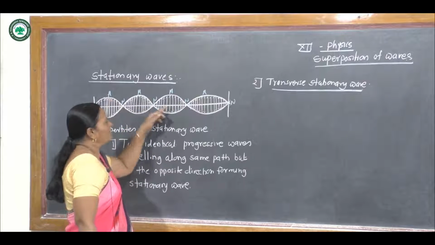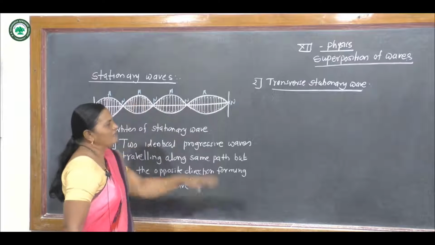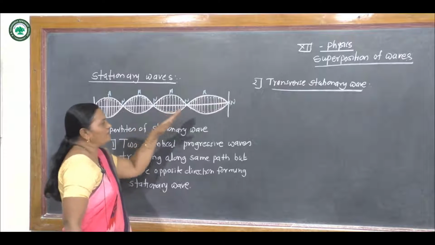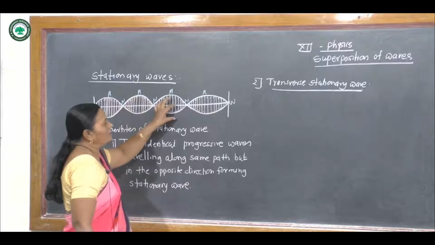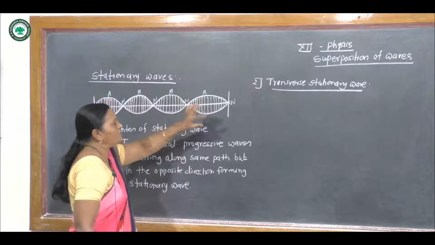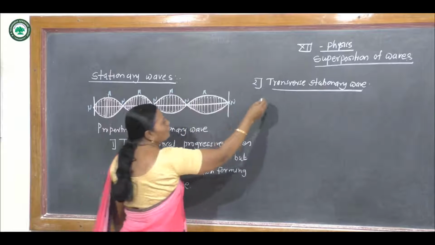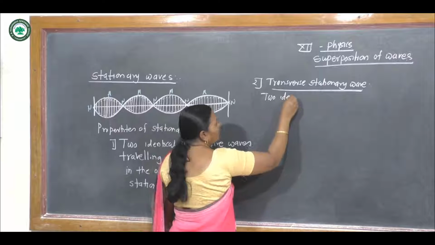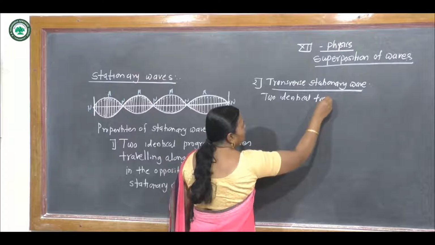Suppose this is the string, the wave is reflected back and loops are formed. These are the transverse stationary waves. When the transverse stationary wave is seen on this string, it shows there are some points. There are two identical transverse waves,